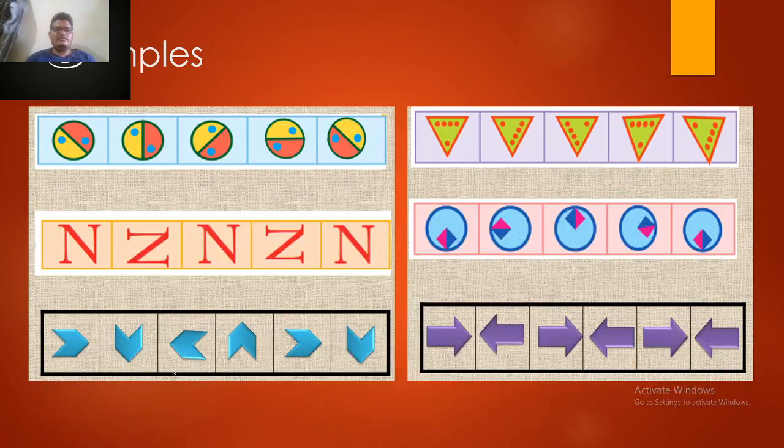Now coming to the next one, you can see these are the examples. Using the rules we have learned, we have to turn these patterns, and we have to write the name of the rule. For example, taking these 2 dots here, when we turn it, it will come here. What is happening here? Which rule is going on? That is the 45 degree turn. In this way you have to write which rule is applied in each pattern.